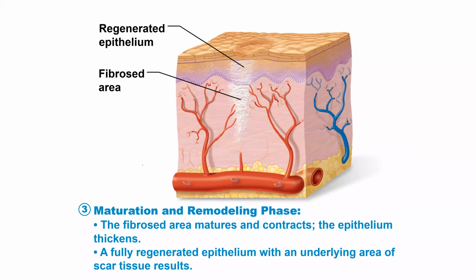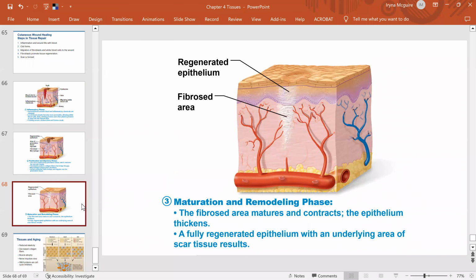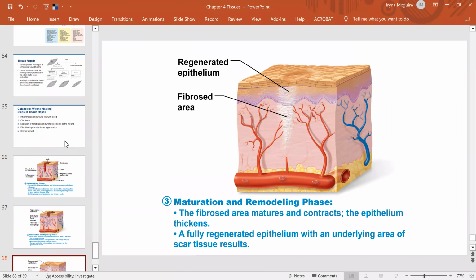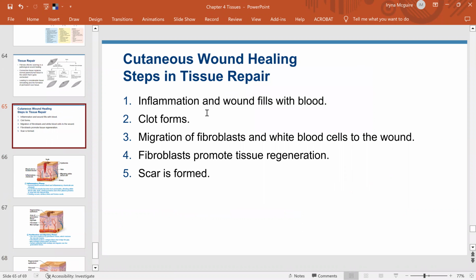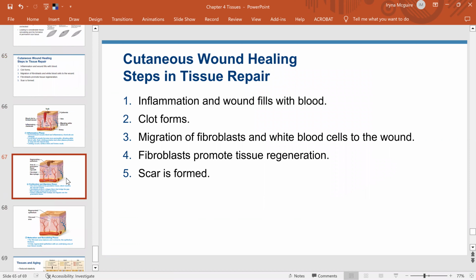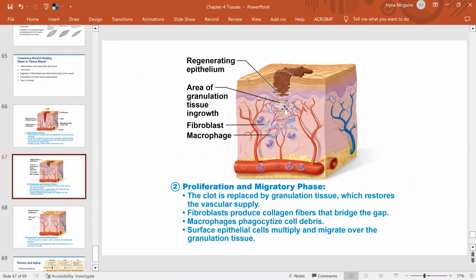So we will have scar underneath the regenerated epithelium. Okay, so let me see what else we have. Right, so let's review it one more time. We're going to start with inflammation and the wound fills with blood. Then we form a clot. Then fibroblasts and white blood cells will migrate to the wound. Fibroblasts promote tissue regeneration. So what are fibroblasts going to do? Fibroblasts will start depositing collagen. All these damaged cells and debris will be removed by macrophages, and